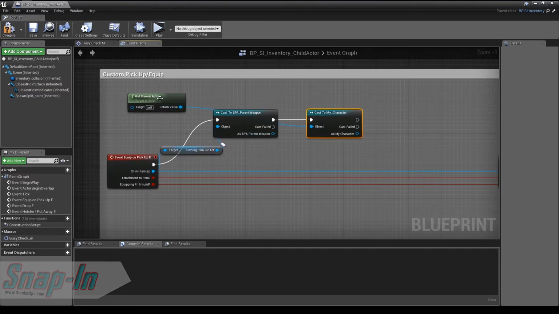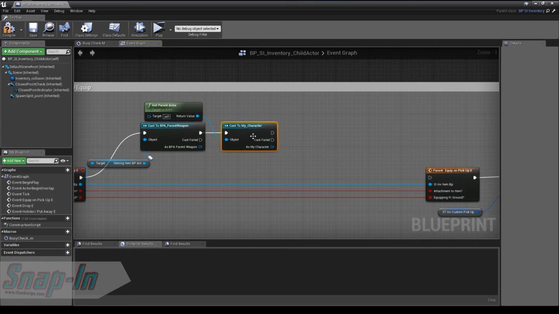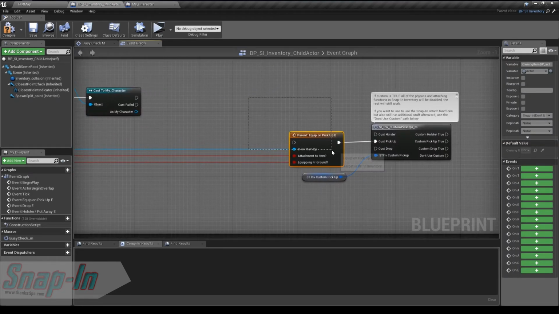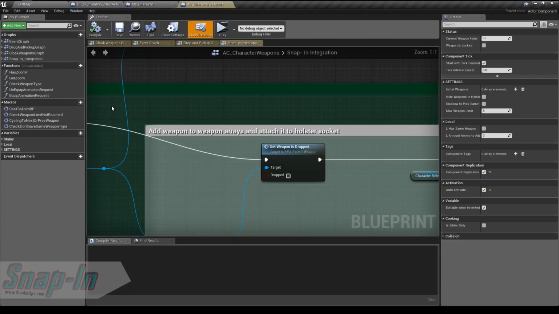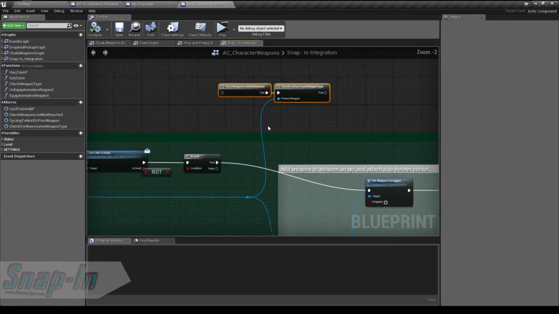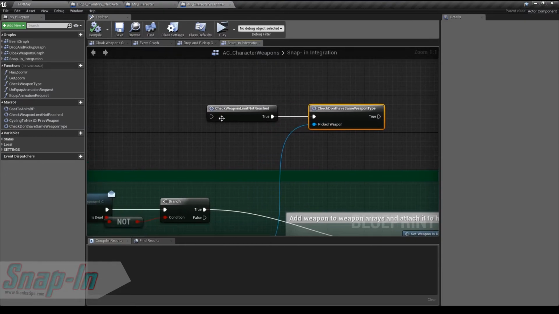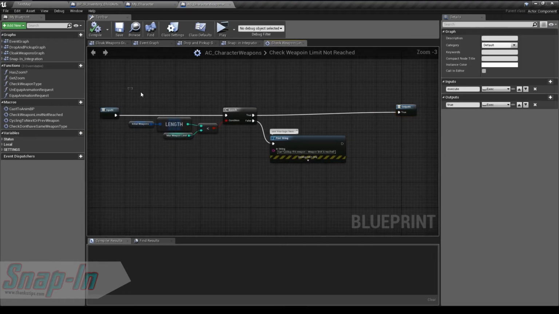So before we allow the pickup to happen, there's a few things in the weapon component system that we may or may not want to use. It's up to you, but if we want to include that here, then we have to do it before we pick up the weapon. And to show you what that looks like, if we go back to the AC character weapons, these 2 macros that we've moved out of the way here, these are the checks. So if the weapon limit's reached or if they have the same weapon type, I guess these are just options that you can use. So what you want to do is open that up, just copy